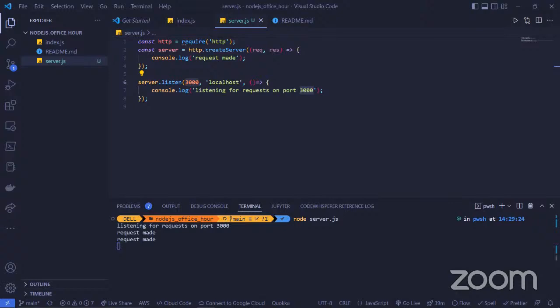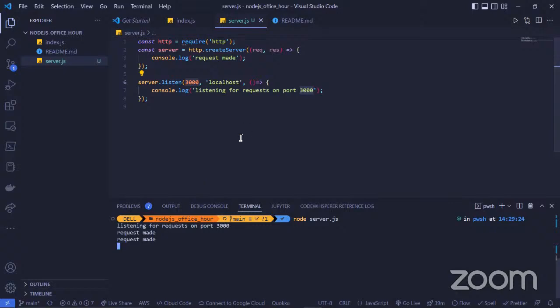And by the way, my application has already been pushed to my GitHub repo. While that is still going through, okay, request made.